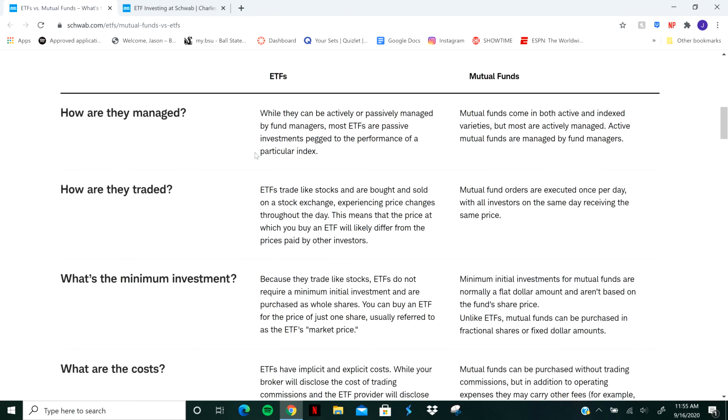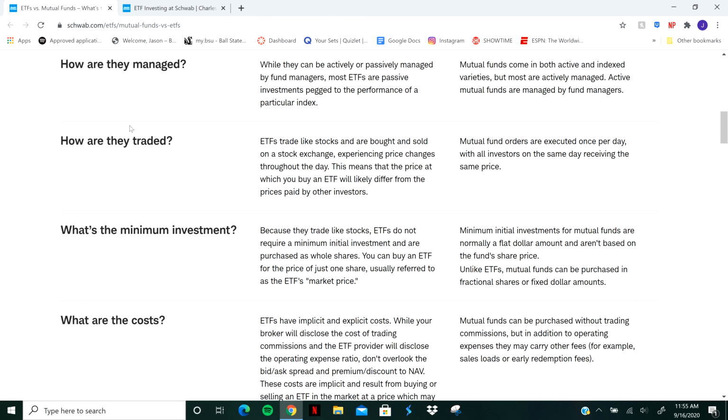They're very liquid-like stocks, and that continues into the next section, because they trade like stocks, ETFs do not require a minimum initial investment or are purchased as whole shares. So you're buying it, say it's a share of Ford. I believe Ford's right around $7 right now. You're paying that full $7 unless, of course, you get a fractional share. I don't know if you can buy fractional shares of ETFs yet or not, but that's definitely something to look